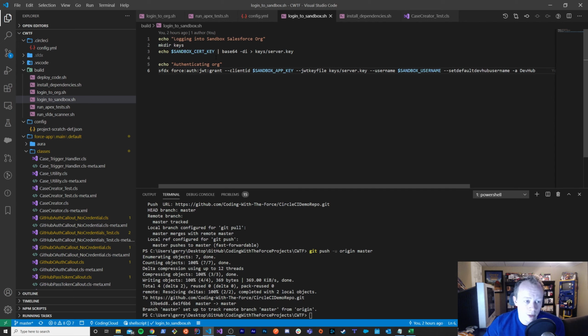So what is this sandbox cert key? What is this little $ sandbox cert key? And the same thing for these other $ sandbox app key, $ sandbox username. For CircleCI to be able to